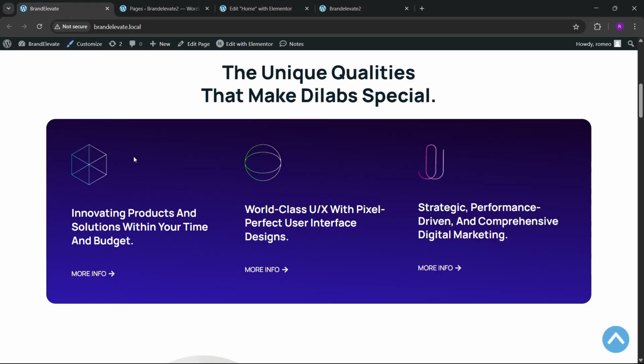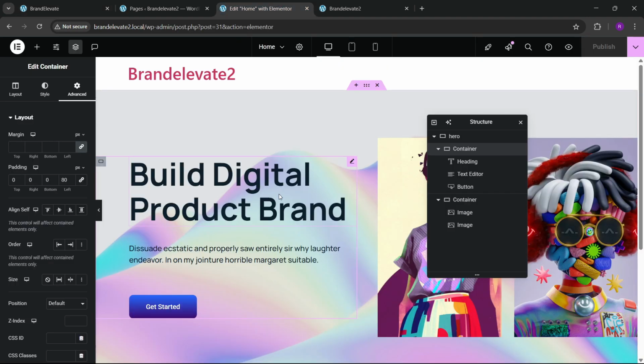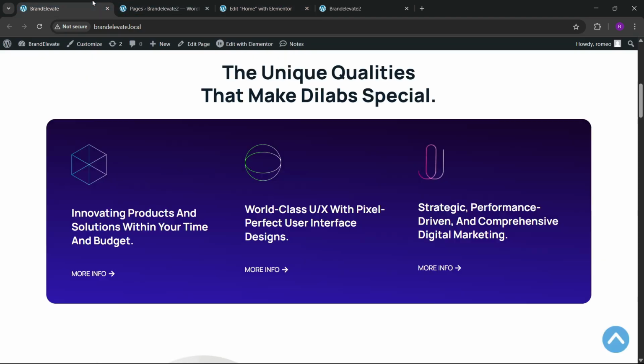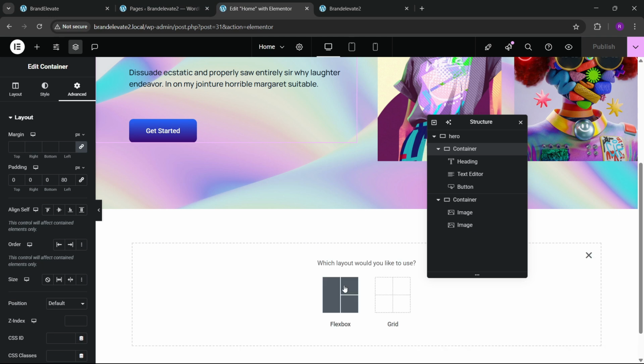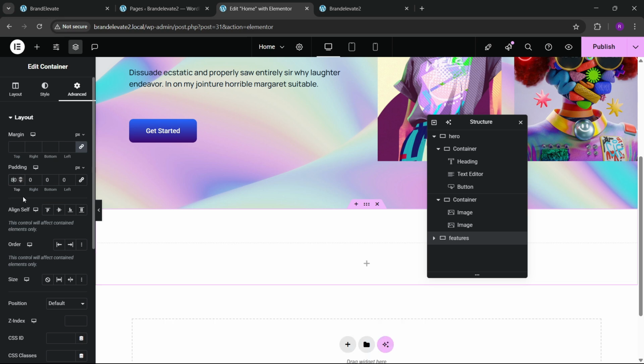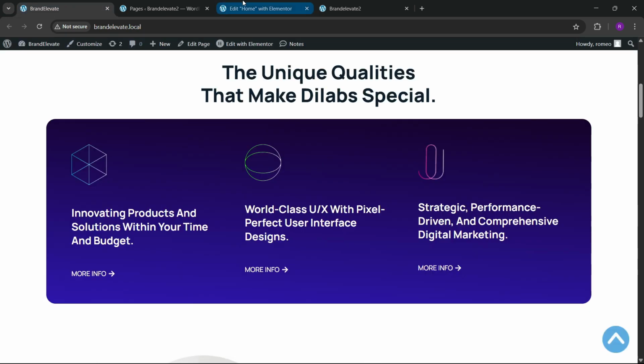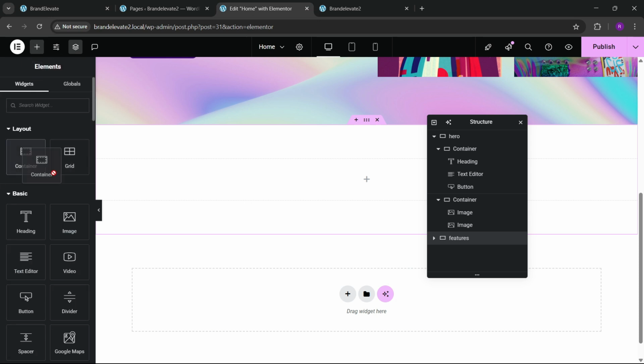So let's build the next section. Here we're gonna build this unique feature section. So for making this, first we have to make a full container. Okay, so let's make this, and here we can write features, and here we're gonna keep the 1300 full width, and let's add 80 pixel to the top, 80 pixel to the bottom. Okay, now you can see that we have this another container here. So we have to add a container,